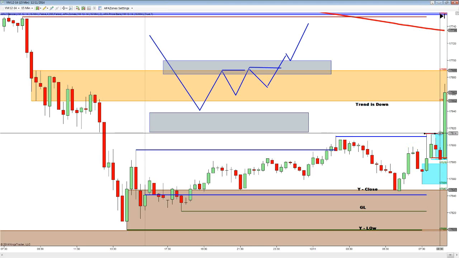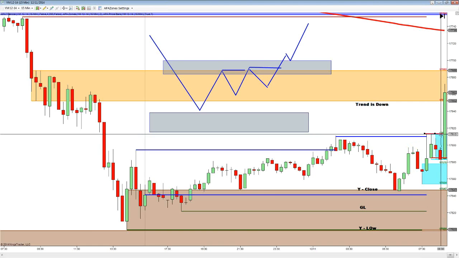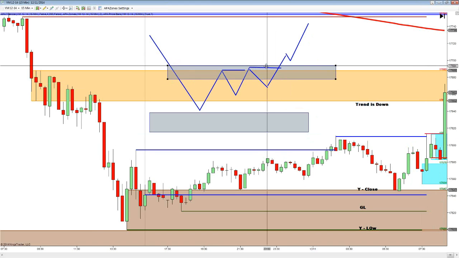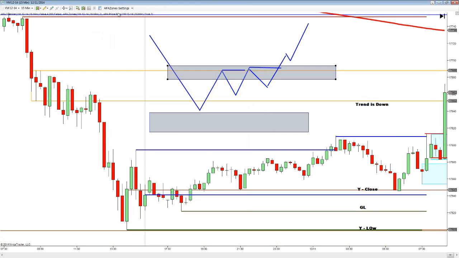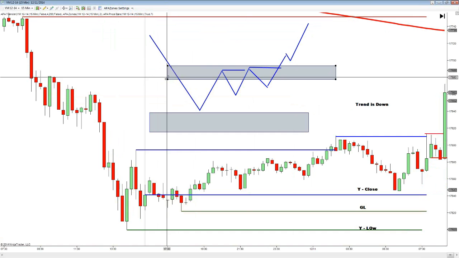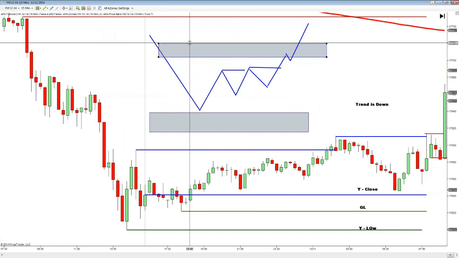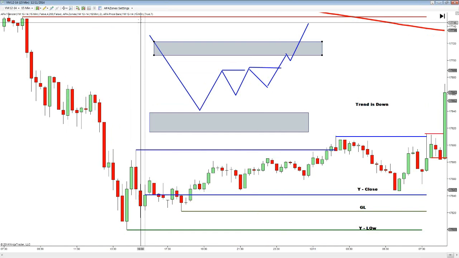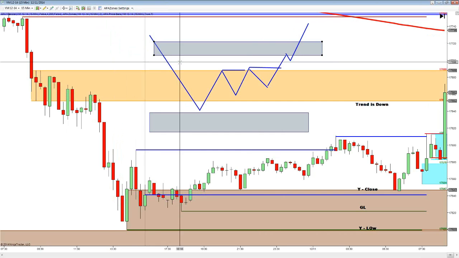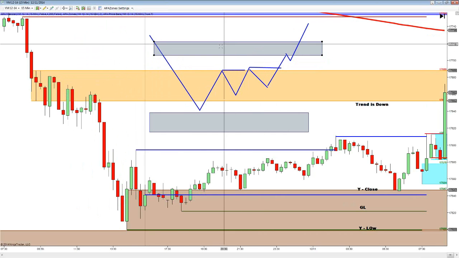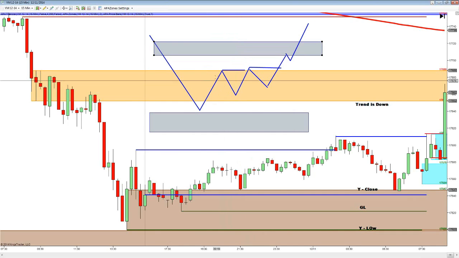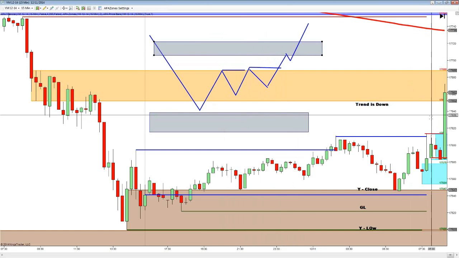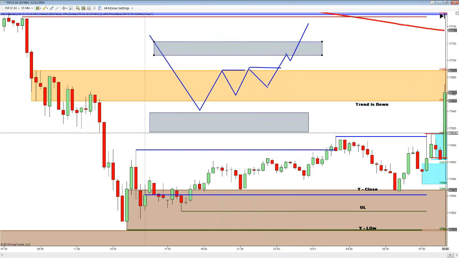Okay, boom, it pops up there and it breaks the Globex high. All right, so I should reframe my picture here a little bit. This little level was actually up here if it was going to range back and forth. And looking at the actual zones, that is the yellow zone that represents that level right there. So if we're going to range, it's going to be right around in here, but because it broke the Globex high,